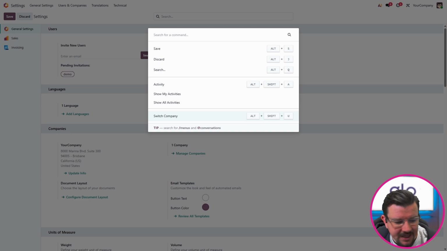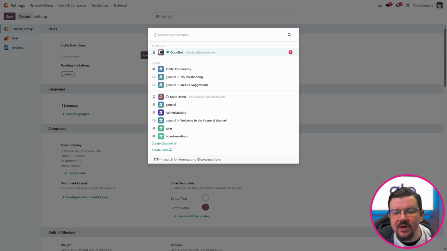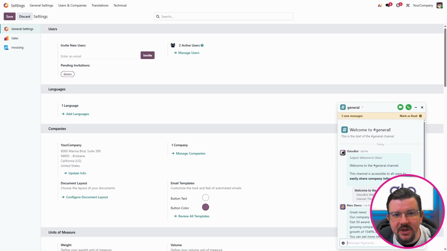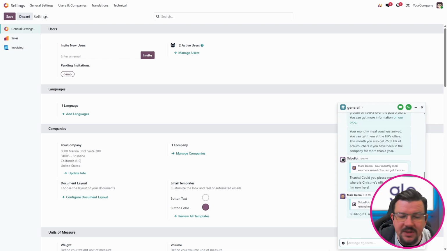keyboard. Very, very handy. Using the @ command in the command panel will give me access to conversations that I have using the Discuss app. So for example, if I want to go to the general channel and start talking to people in the general channel, there we go, it's pulled it up and I can start typing a message to be sent to everyone